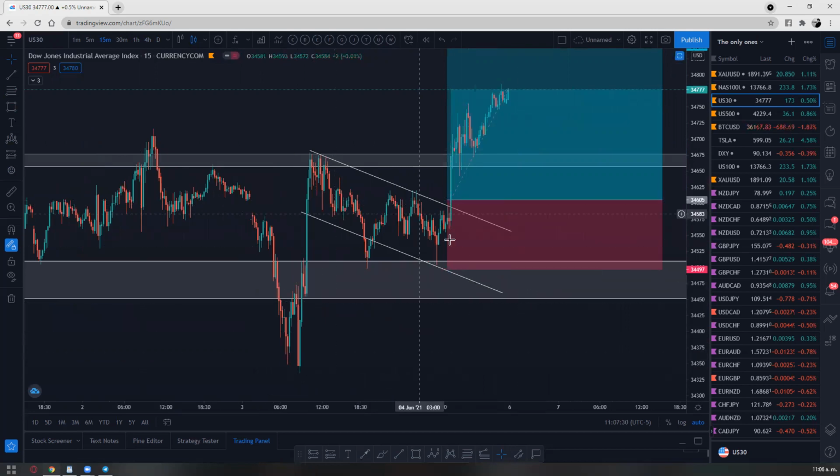It's a flag pattern. Whenever I told you guys about these flag patterns, they tend to be respected a lot on the index. These types of patterns tend to be disrespected more in currencies. That's why I love index, because they tend to respect support areas more. As soon as the NFP came out, boom, pushing up. I made my entry right there. Stop loss usually below that last low, and then you go with the flow.